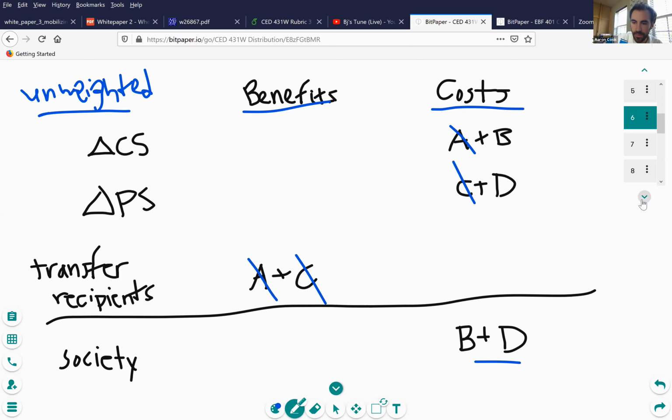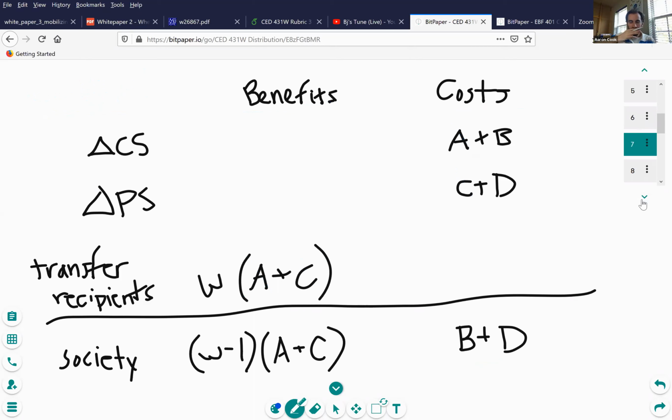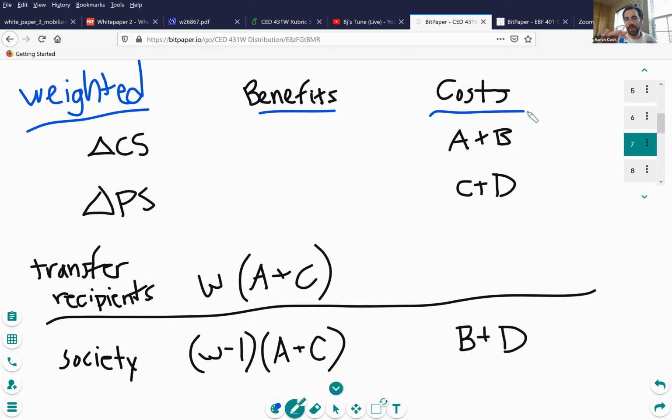Now let's consider the case where you might weight benefits or costs in different ways. So I'm going to call this the weighted CBA. And this is, again, referring to the simple tax and transfer program that was illustrated with that supply and demand graph, where there was a tax on that good, and then the tax revenue was used to transfer it to some other folks.